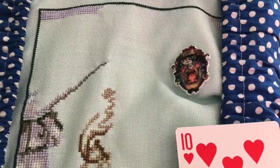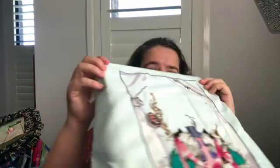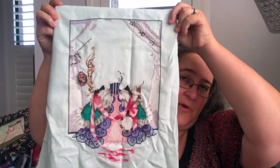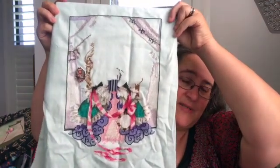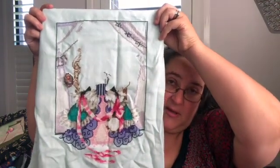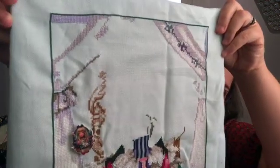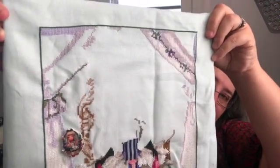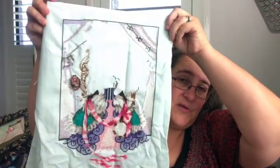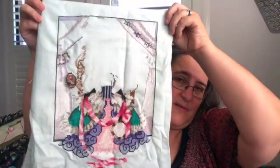Alice, she previously looked like this, and I've done 609 stitches on Alice, and she's now looking like this. And I know I worked on her because she fitted in my stitch grease. She was a streamer, and that was something that was also a bandage, and she's wearing a skirt. So yeah, all the work I did was up here in this corner of the curtain. So she's coming together. She won't be finished this year, but she'll be pretty close. Still a fair bit of work to do, and there's a lot of metallic threads. So it's very, very